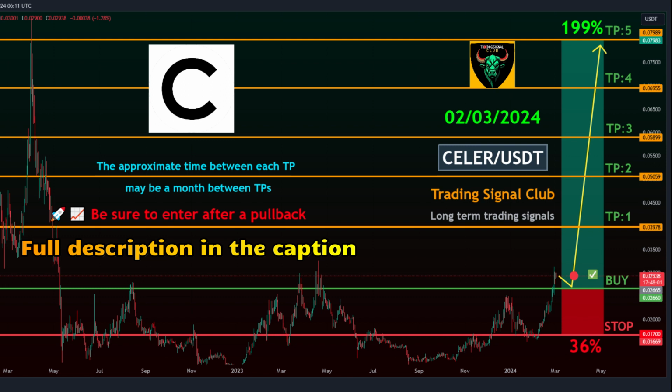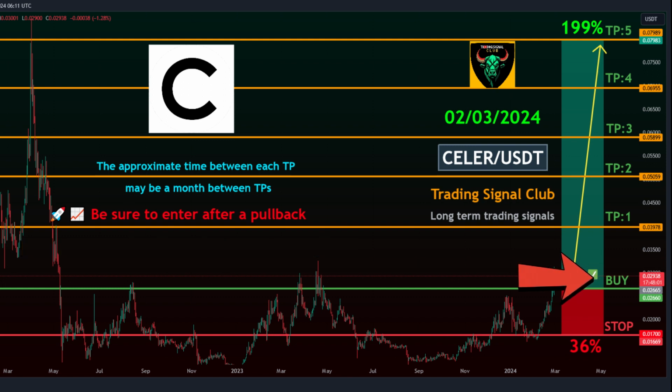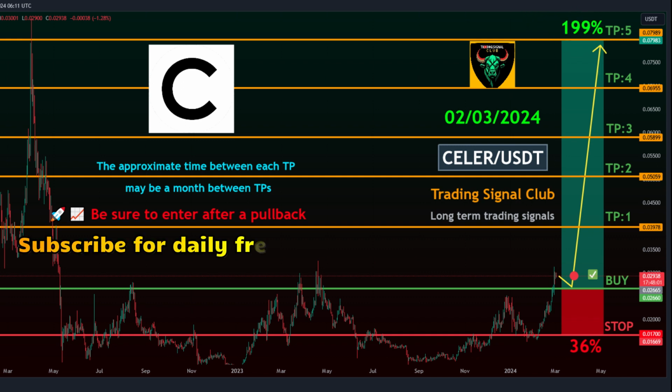Entry point: 0.02660 to 0.02946. Take profit targets: Target 1, 0.03978. Target 2, 0.05059. Target 3, 0.05899. Target 4, 0.06955. Target 5, 0.07989. Stop loss. Stop level: